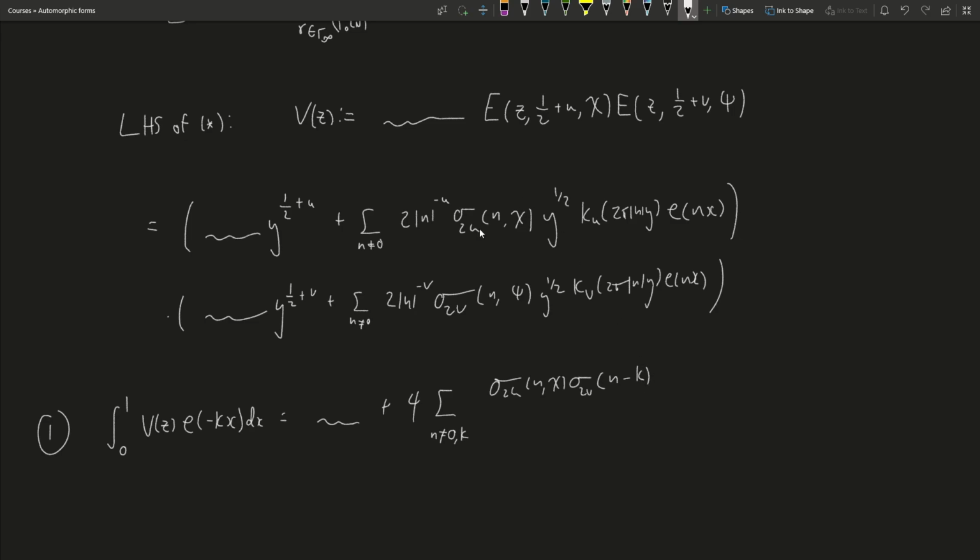Here I'm using the fact that these things are even in n, besides this Fourier coefficient at the end. So you have the product of these two things, and then it's going to be divided by n to the u, n minus k to the v,